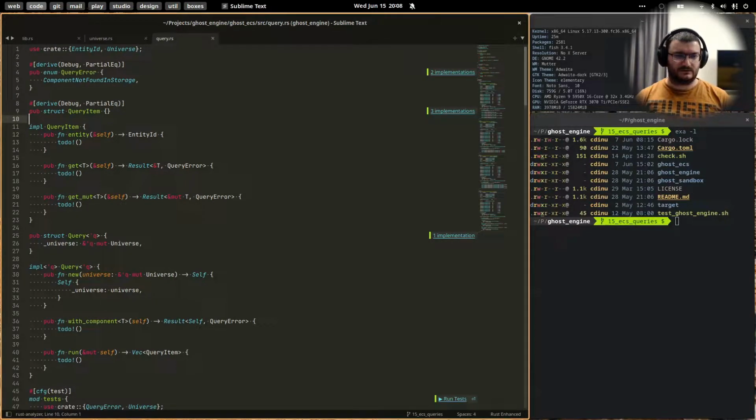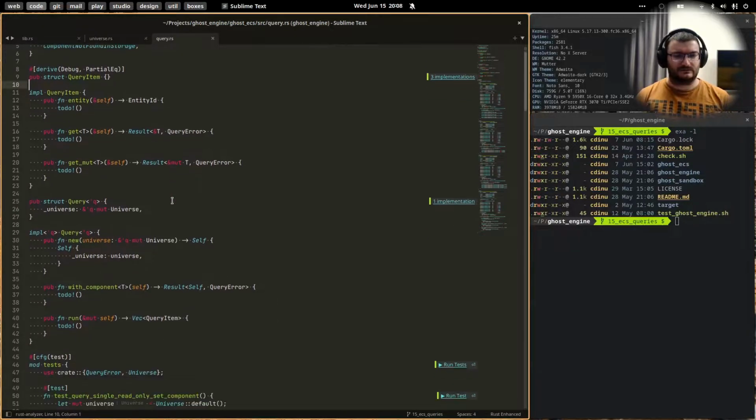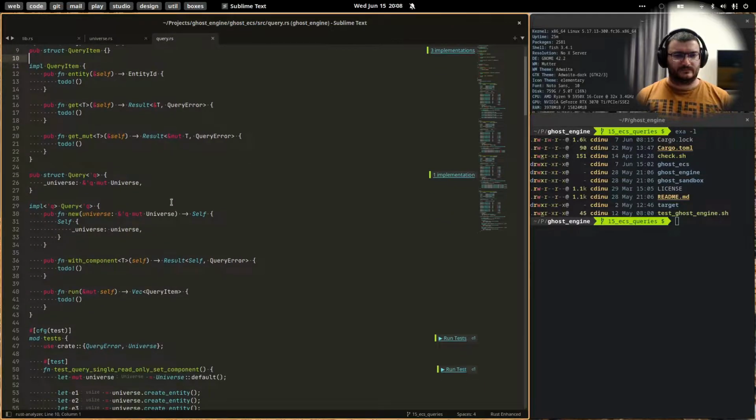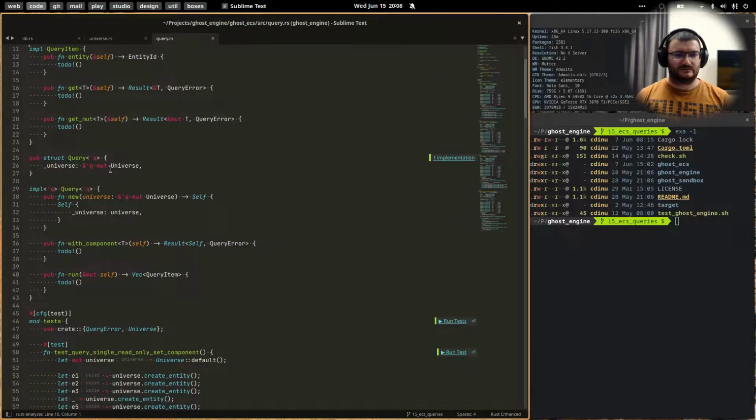Today we'll go ahead and continue with our querying system. Today we'll go ahead and implement this query object. And off camera I was thinking about how to better do this, and I think the